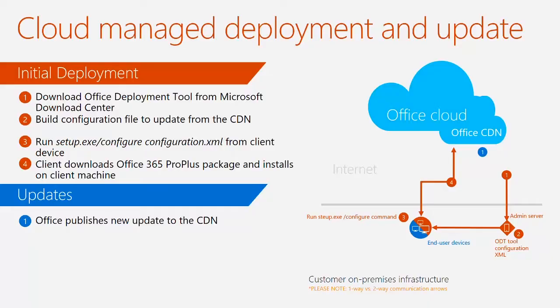So what happens in an update is Microsoft publishes out to our Office CDN. At that point, the client, because you've told it to go update from the cloud, checks with that scheduled task: is there an update? It goes to the CDN and says, my number's 1, there's a 2 out here. Oh, 2, I'm going to go install 2. Sees it, boom, I'm going to install that. So fairly straightforward. Obviously, there are challenges with that.